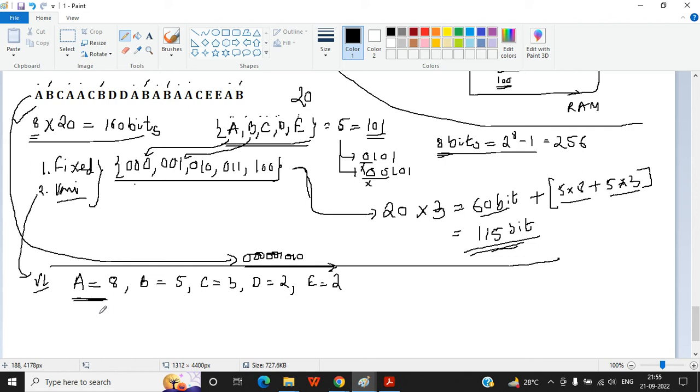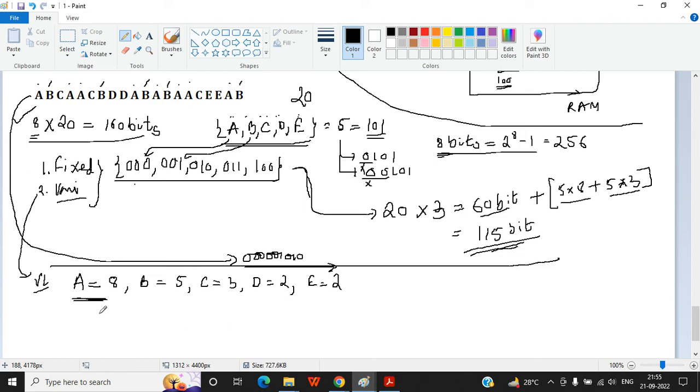So the aim here is that the most frequently appearing characters are given the smaller bit code, so that ultimately the total package is reduced significantly, almost 50% over the total number. So that is the advantage of having variable length Huffman code.